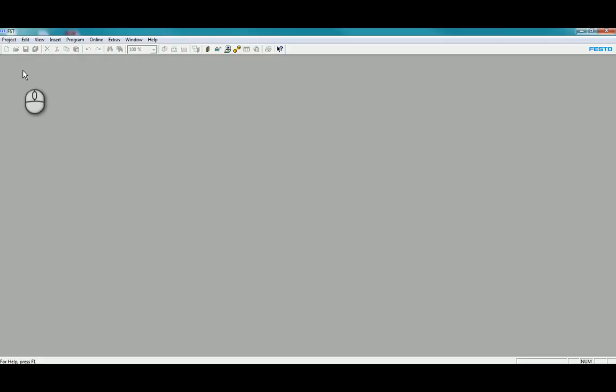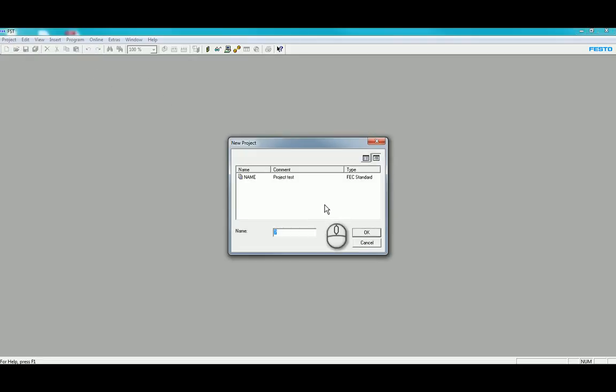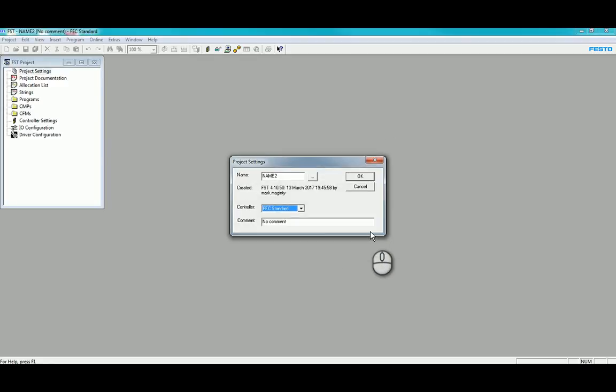This is a recording for the FST project setup when using a CPX. Go to project and new, give it a name. We'll go with name 2 just to keep it simple and in line with what I've done previously. Press OK. This time we're looking to select the controller type as a